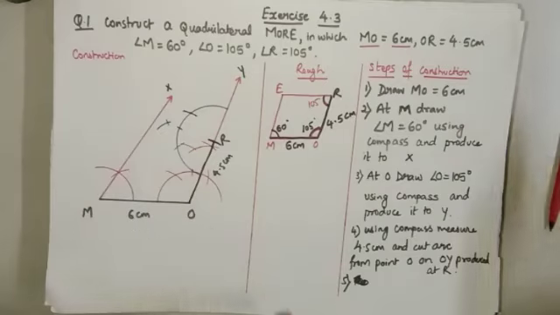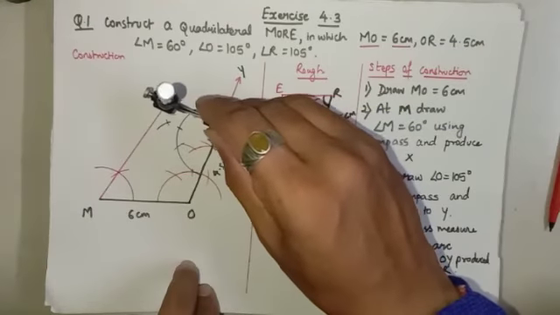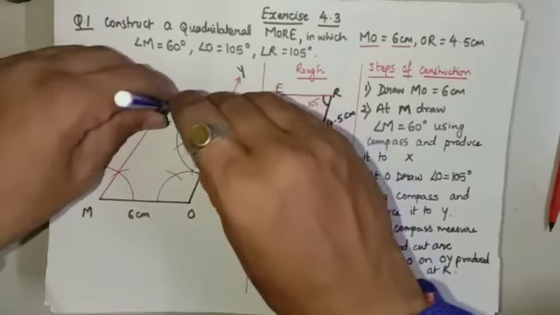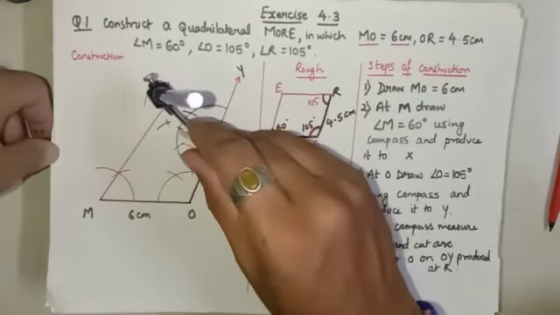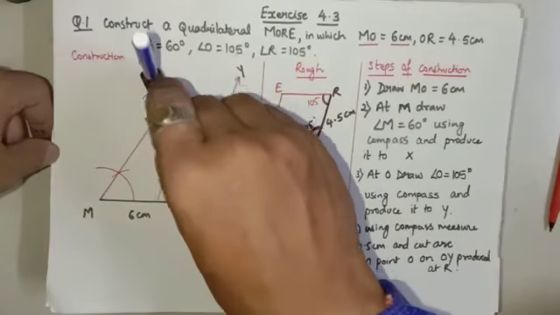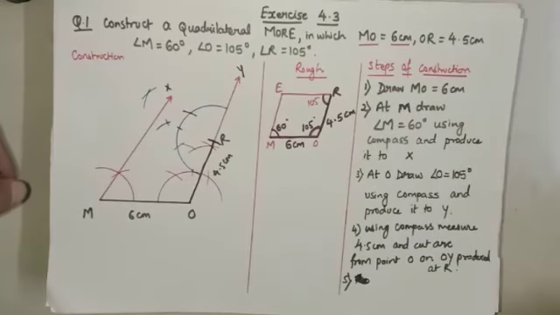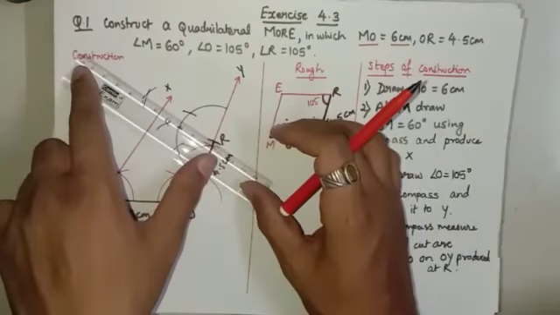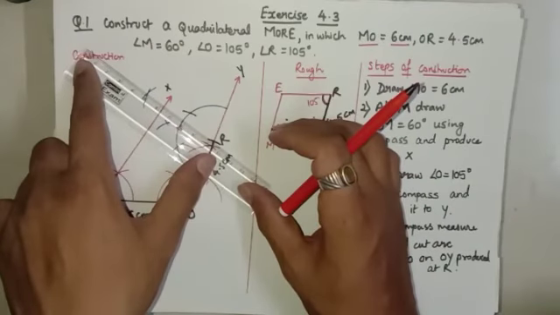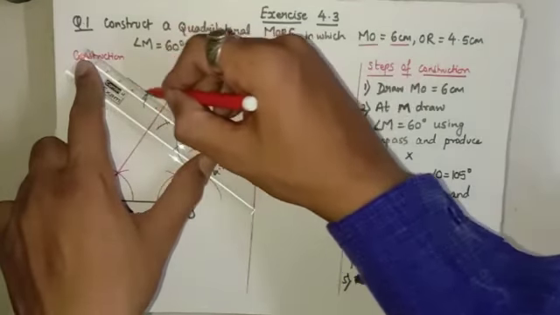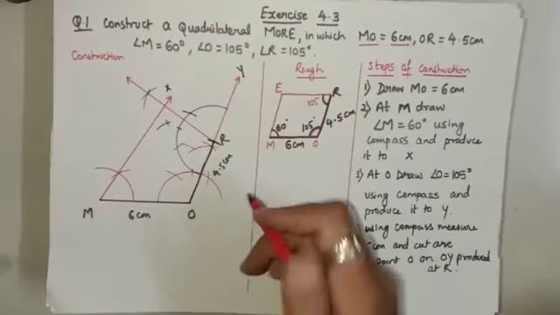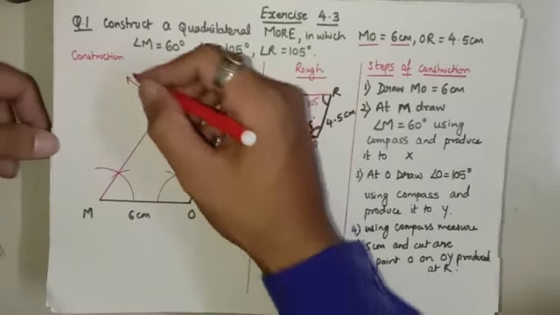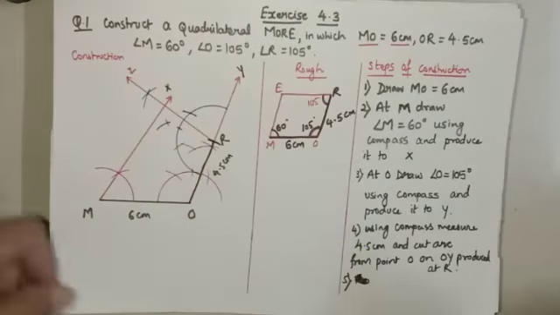So between 90 and 120 I will get 105. So between 90 and 120 little bit I can produce. So I am extending the size of this compass. Now I will get 105 degree angle. So this is of measurement 105 degree. Clear? So I have produced R to say Z. Okay, this is my work which I did.